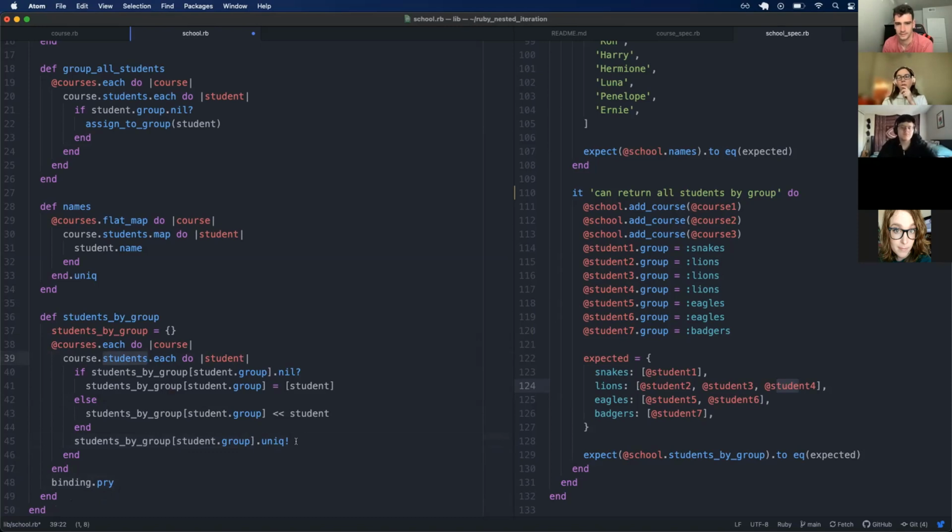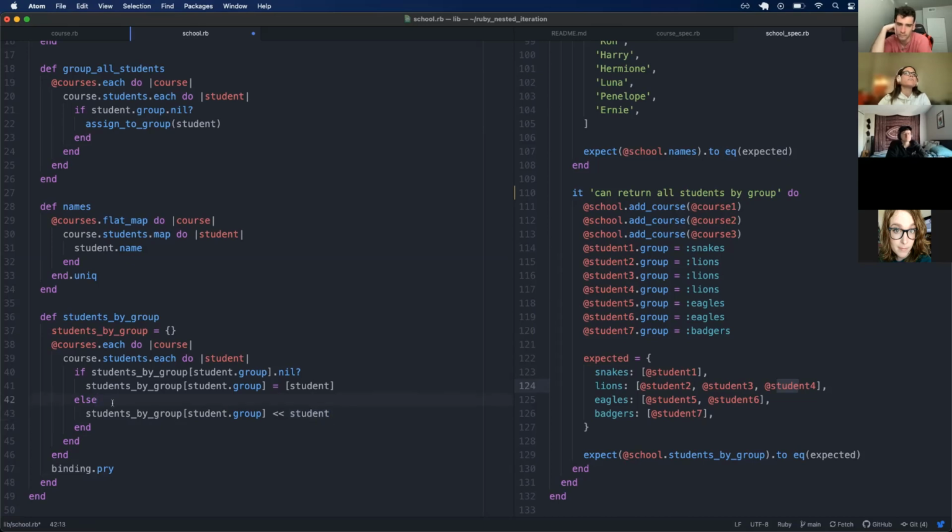So let me show the other way of doing this that might make a little bit more sense or might help clarify things. Okay. So when I come across a student group that doesn't exist, I can assume that I have not seen that student before. But when I'm shoveling in students after that, this student that I'm trying to shovel in might already exist in this array. I might have already iterated over that student and shoveled them into that array. So to avoid shoveling the same student twice, I can say,